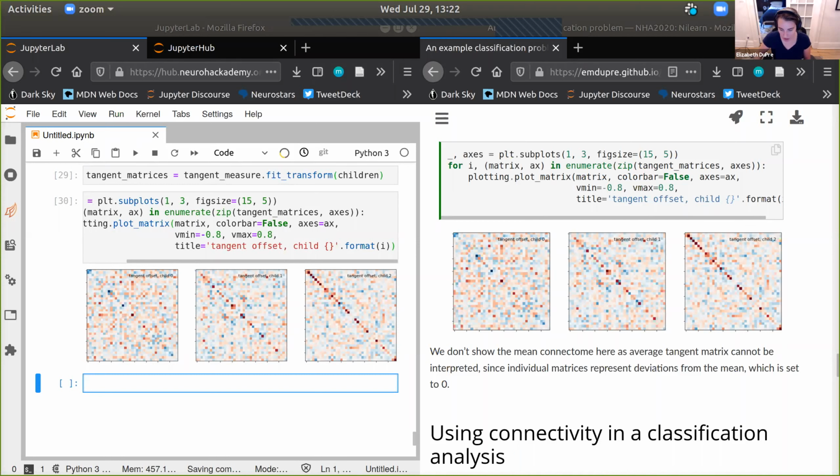There's one more question, which I will not answer because it is not the point of this tutorial, but it is a good question: what is the impact of global signal on correlations? That is way outside of the scope of this tutorial. It's a very active research question.